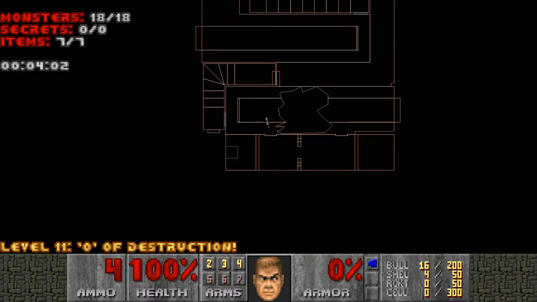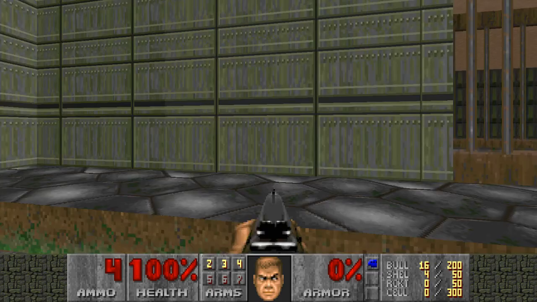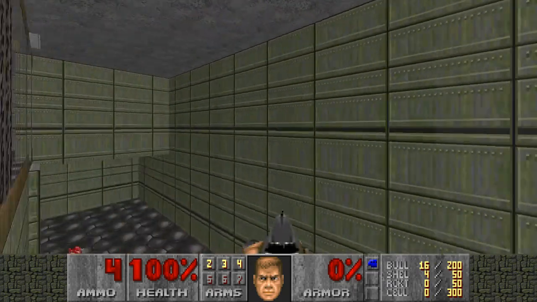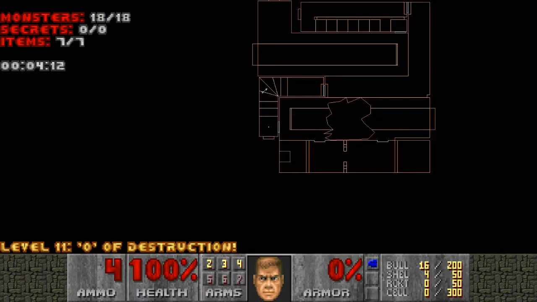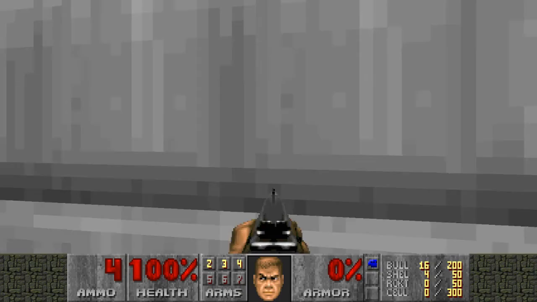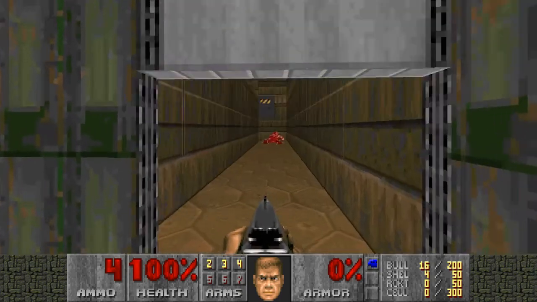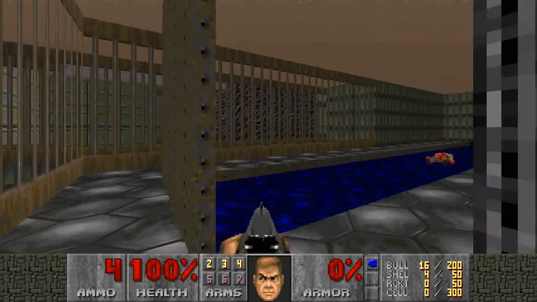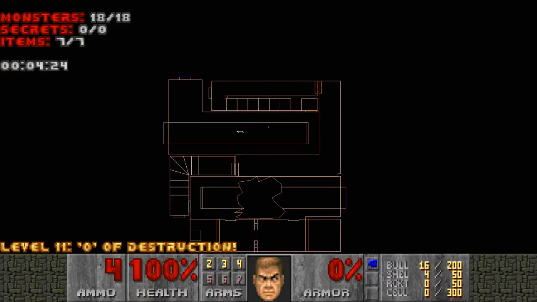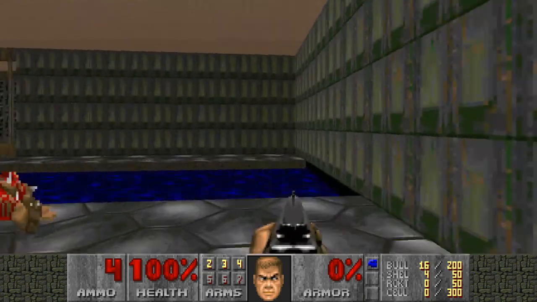Now I'm a little confused. Okay, I guess there's a blue door. Where is it? Out here. It's right at the beginning. Oh, is it the door? Okay, that's not...